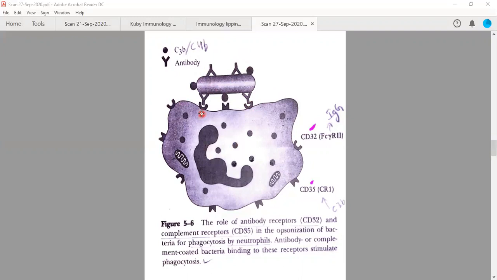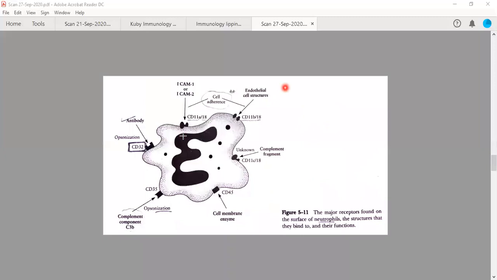So there are two processes. And these complement proteins called C3b or C4b have different receptors. These receptors are called CD35 or complement receptor 1. All right. So these receptors will have different functions. Two of them we have already discussed. So the third one is actually